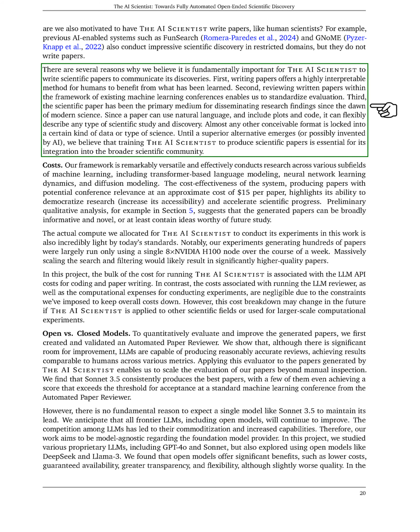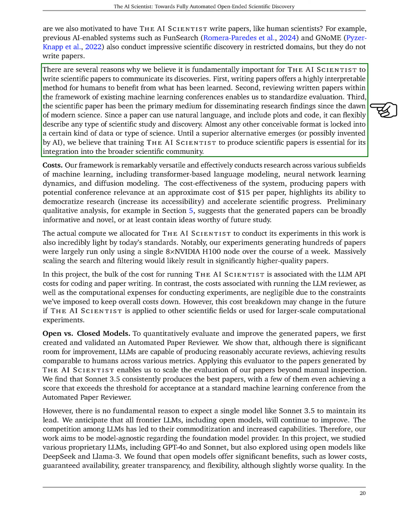We believe it is crucial for the AI scientist to write scientific papers, similar to human scientists, for several reasons. First, writing papers provides a clear way for humans to understand the findings. Second, having papers reviewed at machine learning conferences allows us to standardize evaluations. Third, scientific papers have been the main way to share research since modern science began. Papers can use natural language, include visuals, and present code, making them versatile for describing various scientific studies. Until a better alternative is developed, we see training the AI scientist to produce papers as essential for its acceptance